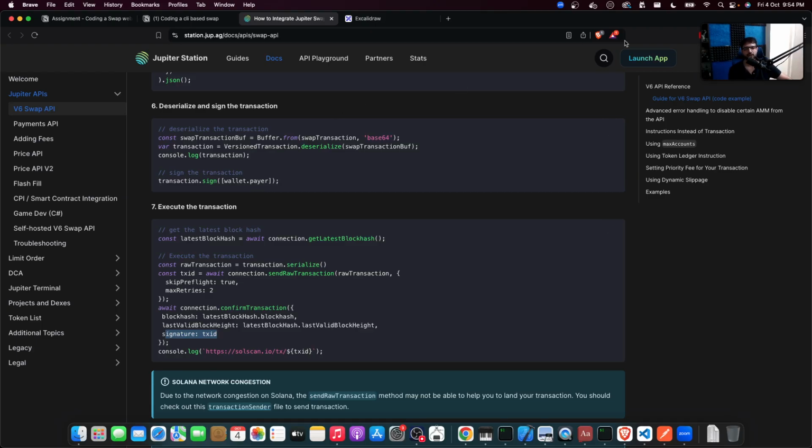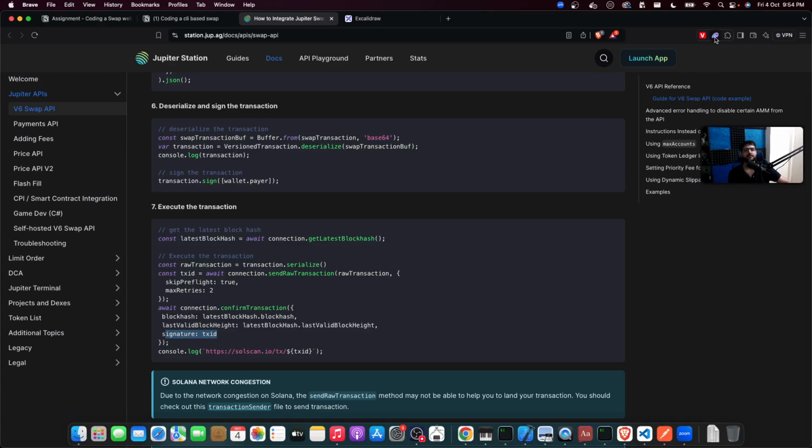Of course, if you want to do the same thing using Phantom, you will have to use the wallet adapter, the thing that we've been learning for a few weeks, and create a website out of it. Hopefully that is straightforward. Let's try to see